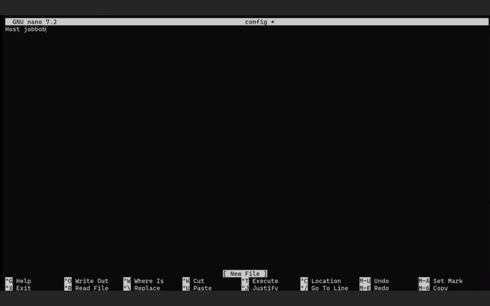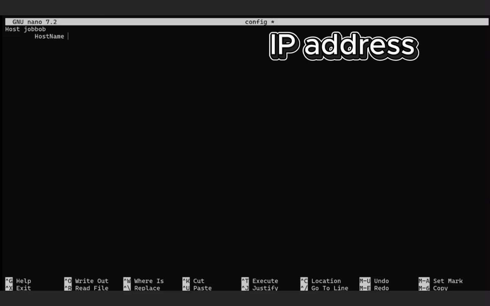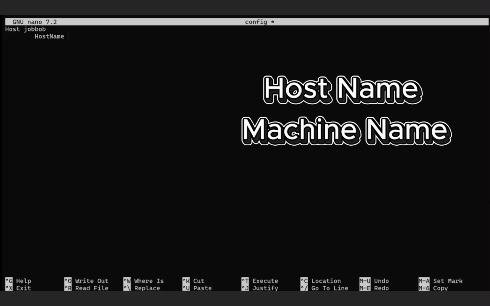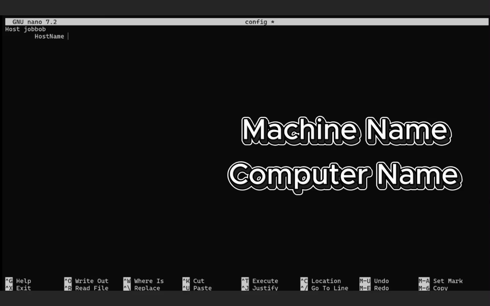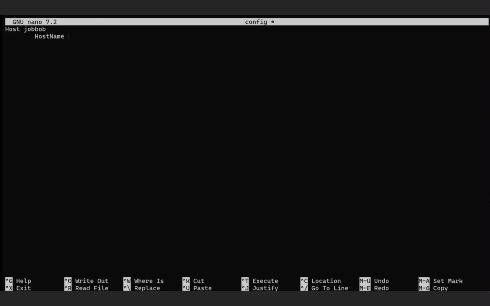Then we can start writing the settings of the login block. First, the address of the server. We need an indentation at the beginning. Capital H, capital N, HostName, a space, and the IP address, or the host name, machine name, computer name. This time we set it with an IP address